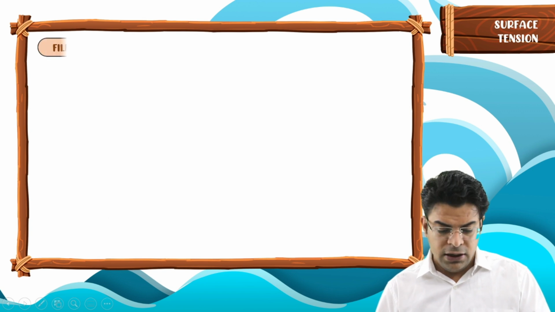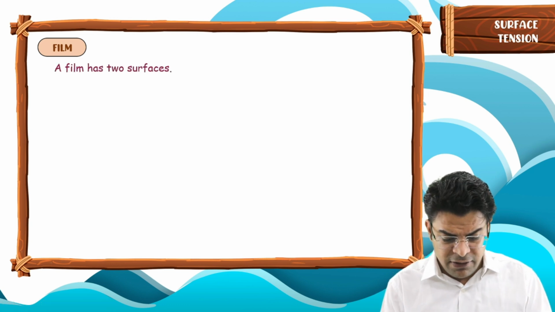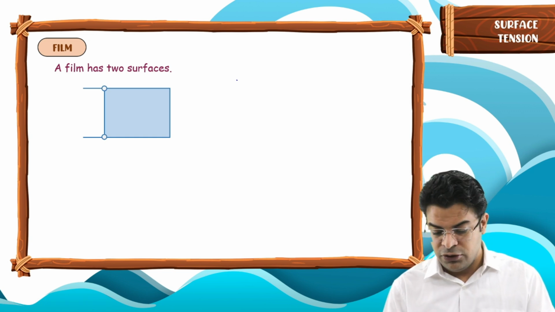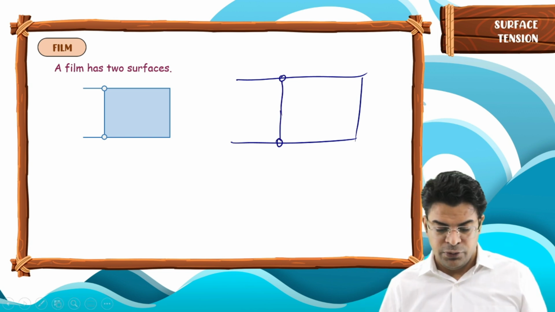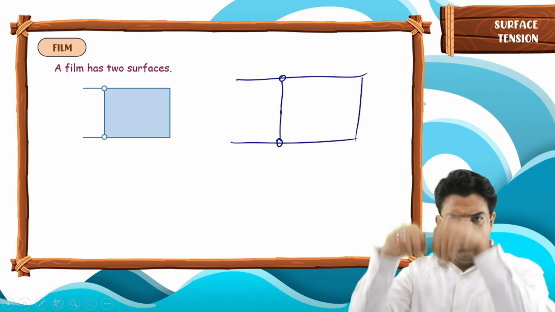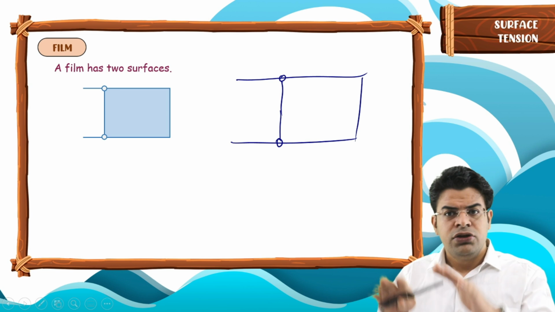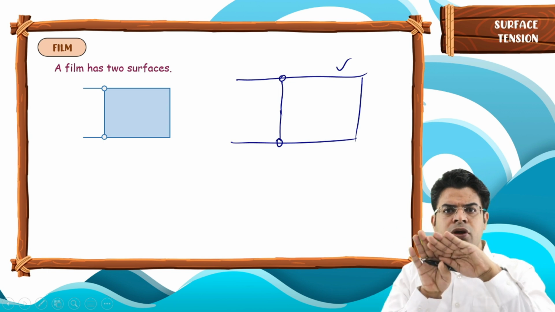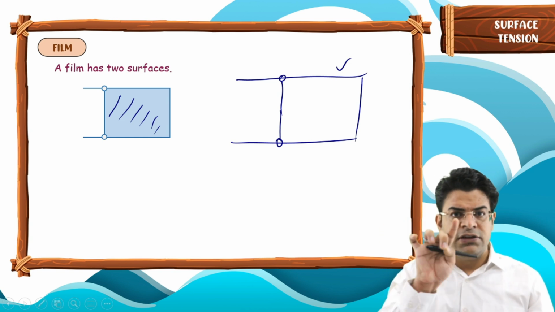Before we talk ahead, let's talk about a film, because this is really important and a simple thing. Let's say we have a rectangular frame with one side that can be moved, so it can be moved away or moved towards. We took this whole rectangular frame, put it inside a soap solution and took it out. What we get in the end is a soap film formed within the rectangular loop, right?